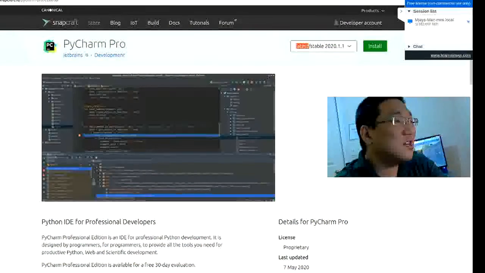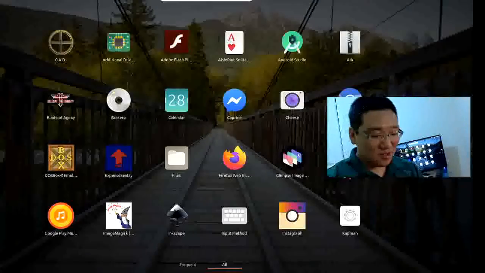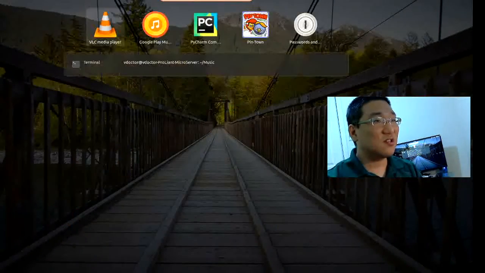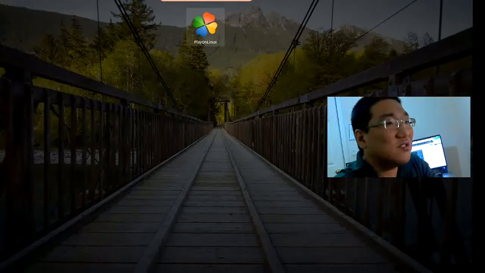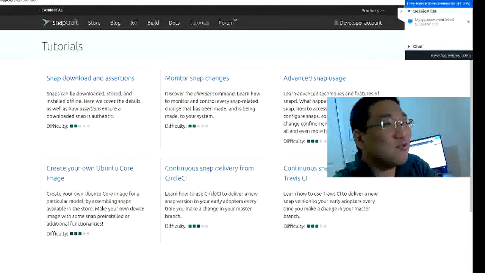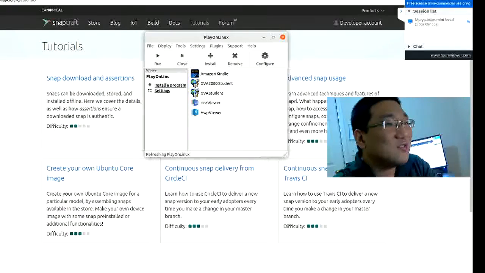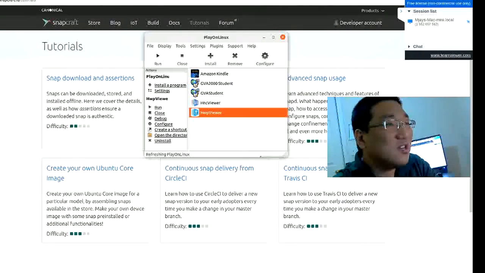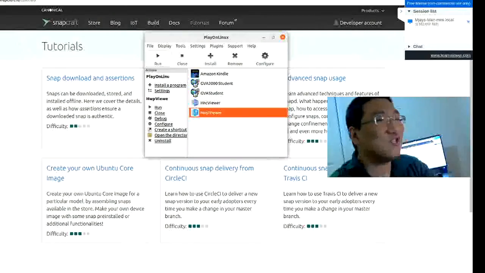LibreOffice. And also I want to share PlayOnLinux. PlayOnLinux is software that is supposed to let you view Windows applications. So if you want to see the HWP viewer, that's basically a Windows application, not Ubuntu Linux, but however you can open it up to run. And its good thing, compared to Oracle VM, is you don't have to load the operating system. Actually it runs right along with the Ubuntu desktop. So if you run this,